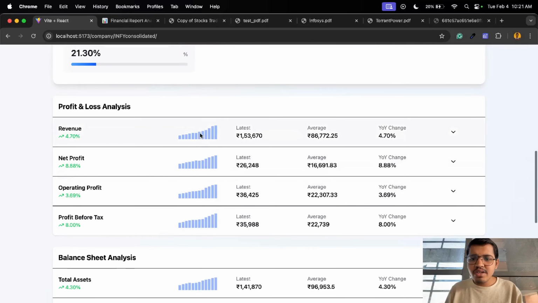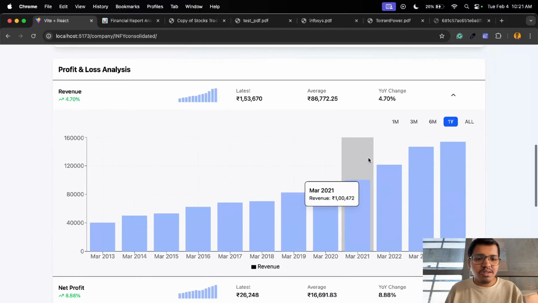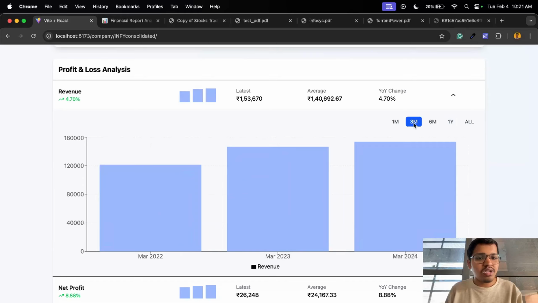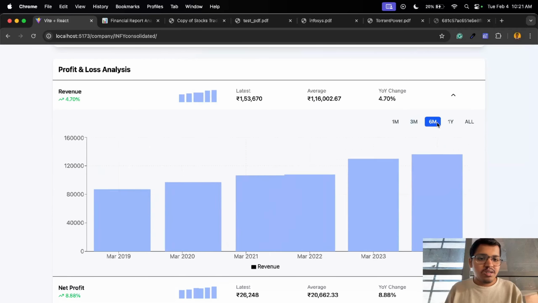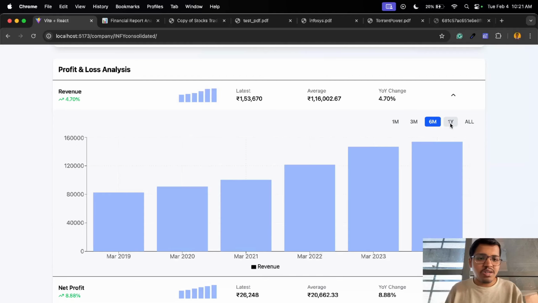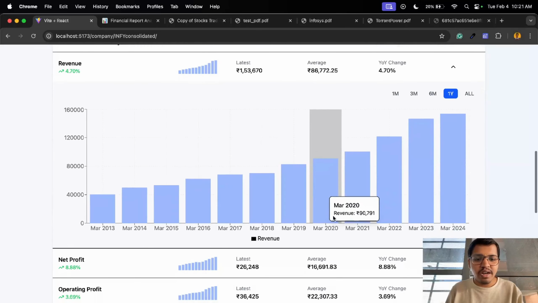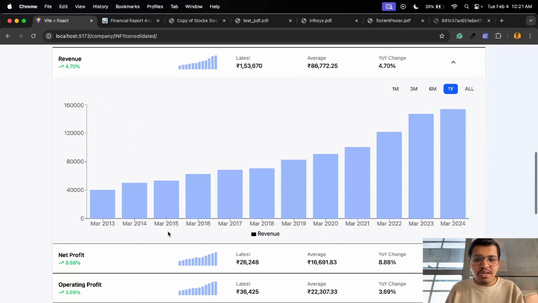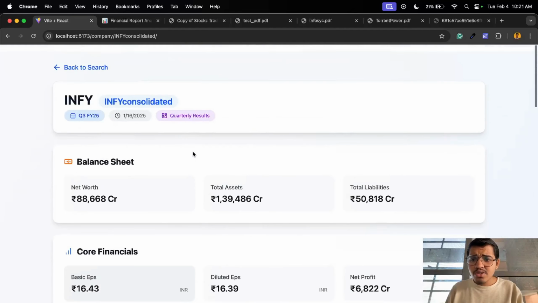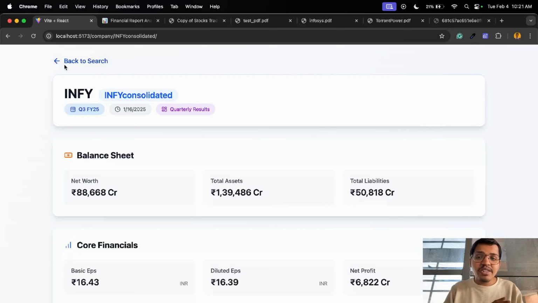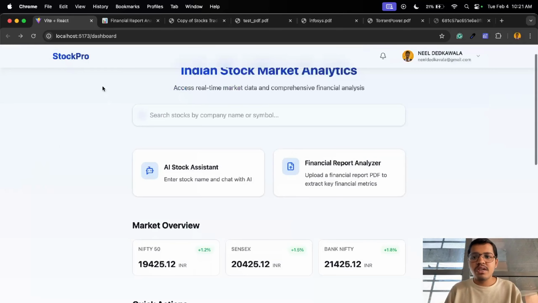Let's say the user needs to compare the revenue with the quarter results of the last three quarters. As you can see, he or she can compare it easily. You can also change it to the last 6 quarter results or 1 quarter result, right? You can see March 2013. You can compare it with all the quarter results. So as you can see, we eliminated the entire process of downloading the entire PDF in order to extract the key information. And the third additional functionality that we developed on top of it